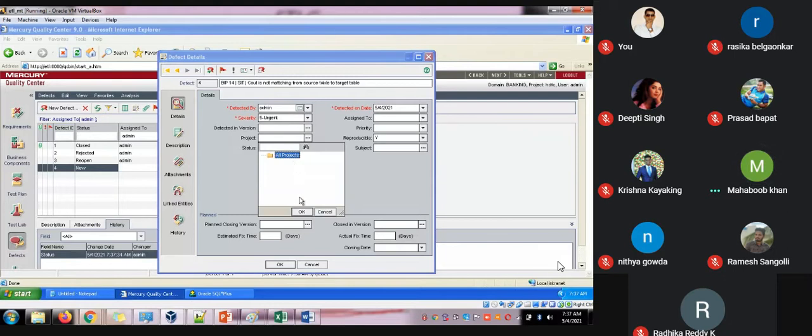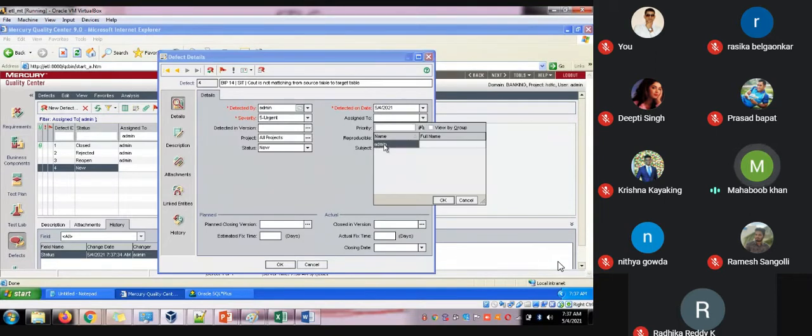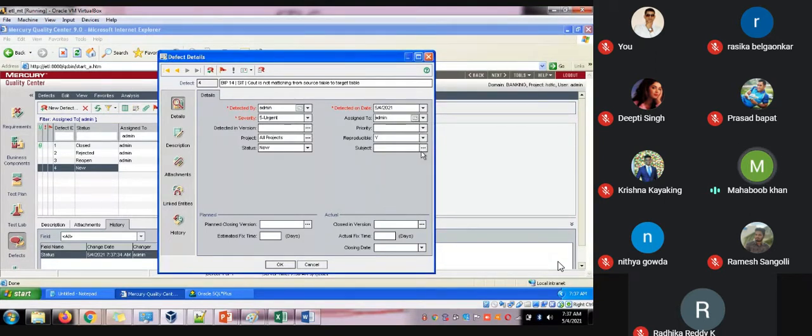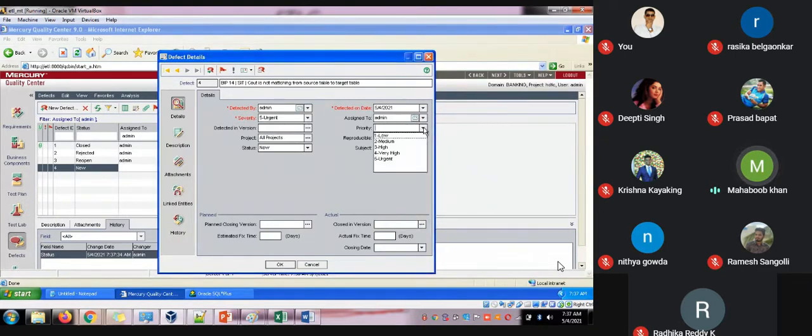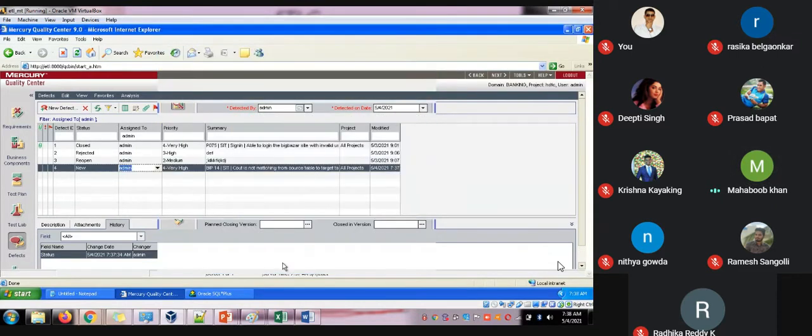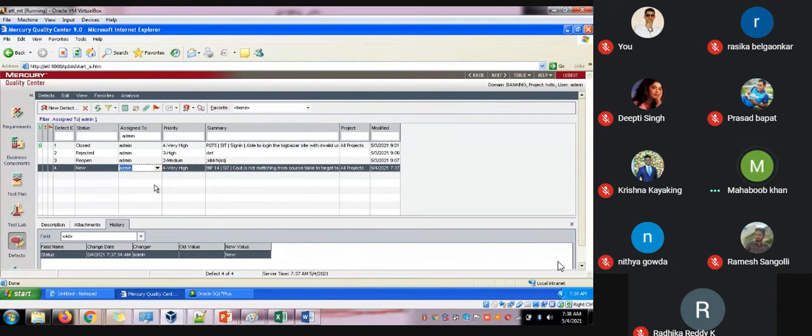Let me select the project. Let me assign to the developer. Only one developer we have. Then the project-wise status, which module, second module. Let me give the priority also very high.